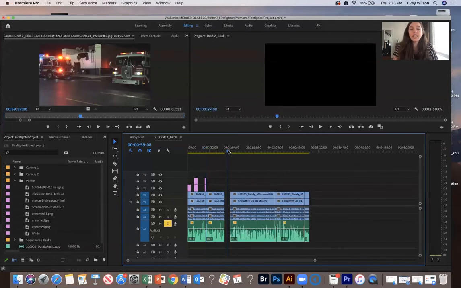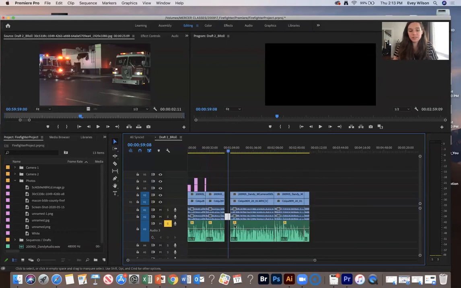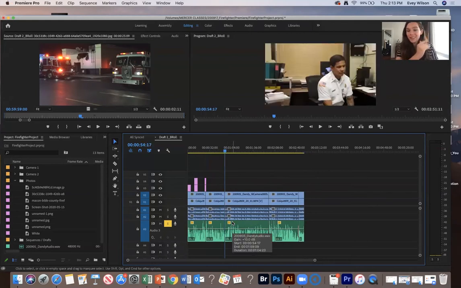Or in that gap in between, you can right click and say ripple delete. And I'm gonna zoom out so you see what happens. So I'm gonna right click in the middle, ripple delete, it pulls everything over. That's really helpful because one thing that might happen is that your audio and your footage might get out of